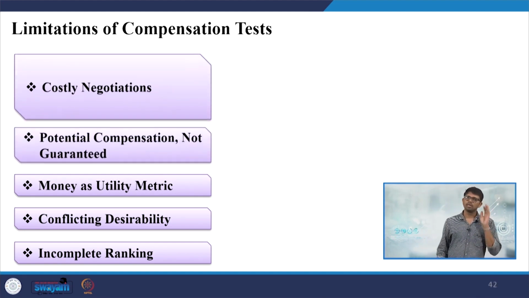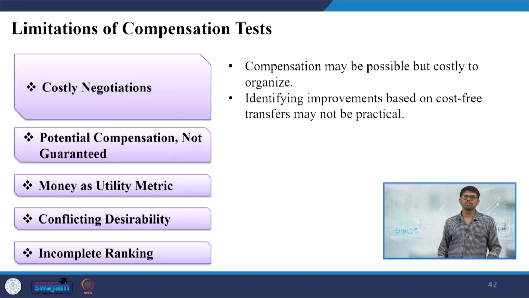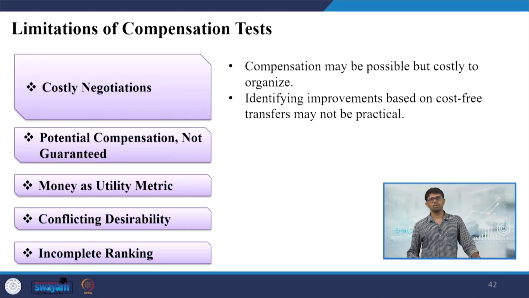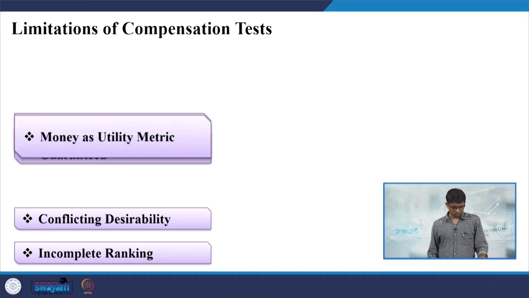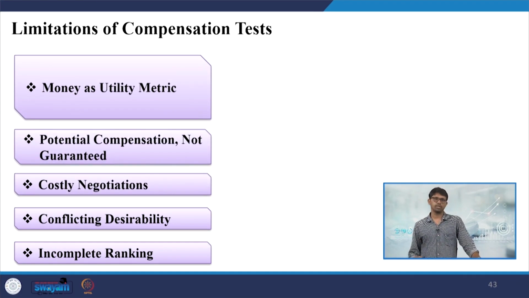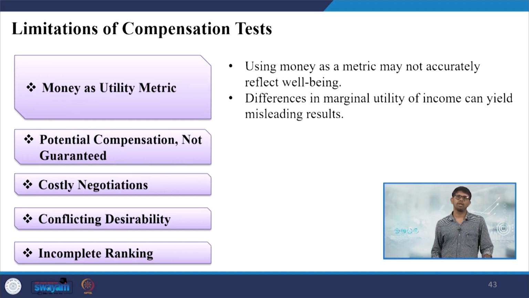Okay, and related to costly negotiations, compensation may be possible, but costly to organize, identifying improvements based on cost free transfers that may not be practical. The third one is related to money as utility metric, where using money as a metric may not accurately reflect well-being, and the differences in marginal utility of income can yield misleading results